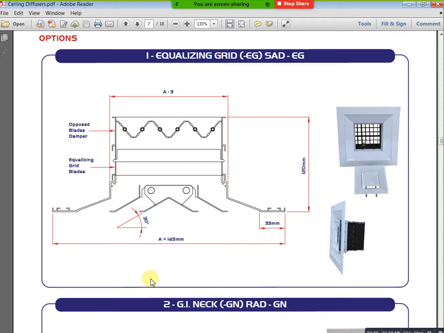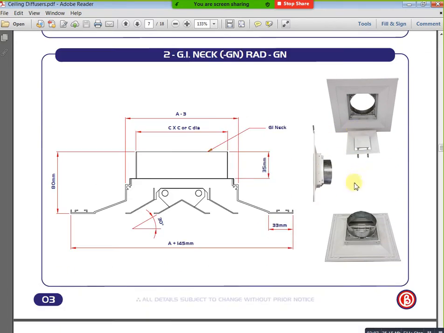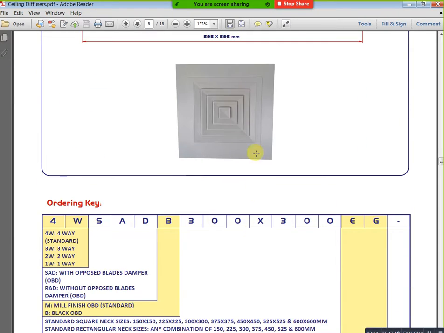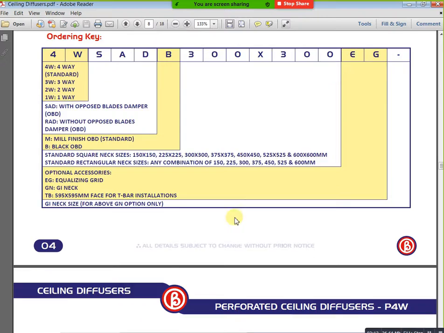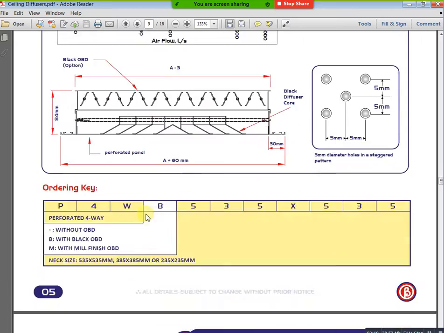This is also one of the models, equalizing grid SAD. Next, RAD, return this one. Next, this is our four-way diffuser, we can see like this. If you need sizes, based on our airflow and pressure we can select, or otherwise here you will get your values.